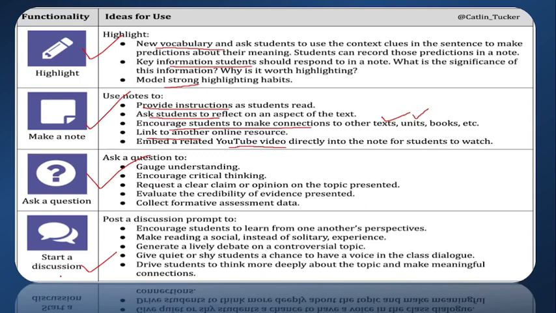Then next is the discussion forum. The students can take part in the discussion forums. It encourages the students to learn, and peer learning is possible with the help of this discussion forum. Lively debates can also be possible. They can have brainstorming sessions. It gives a platform to the shy students as well.